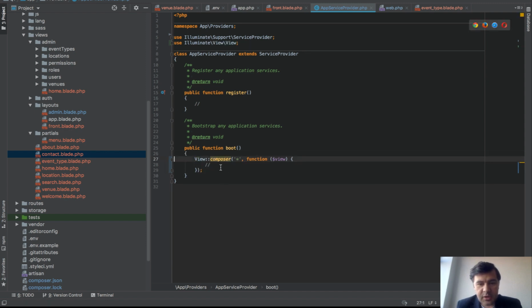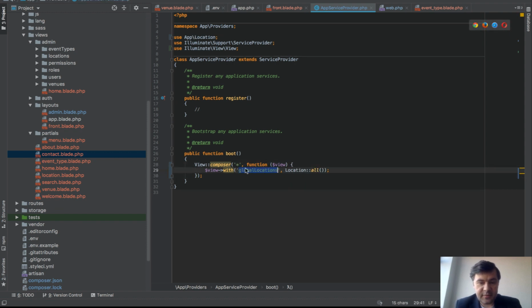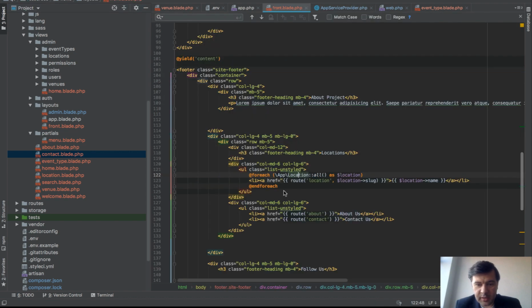So view composer, and we will do view with locations or global locations. Let's put the variable global locations, location all. Right, okay, and now we have this as a variable everywhere in the blade,